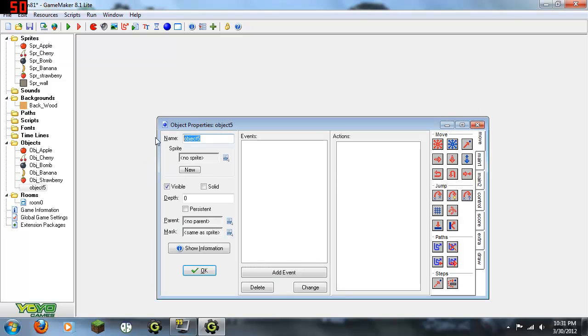Now for the last one, for the wall, we're going to do obj underscore wall. We're going to make the sprite set as the wall, and this time we're going to select solid. Now, the reason for that is when these objects right here